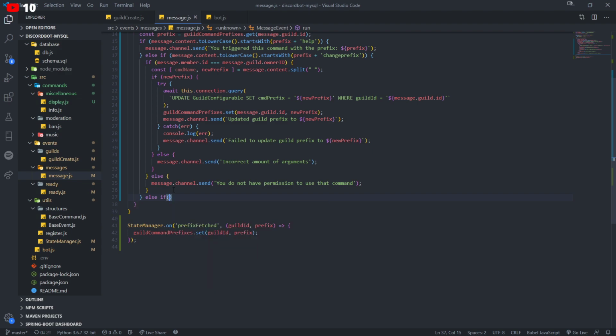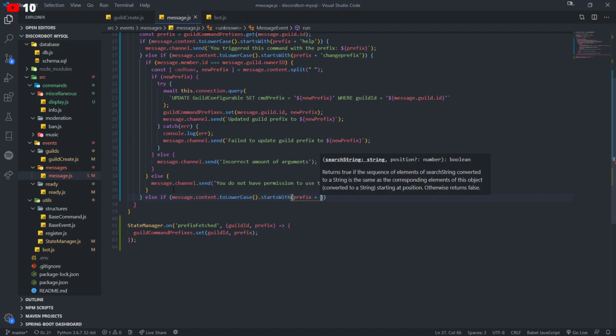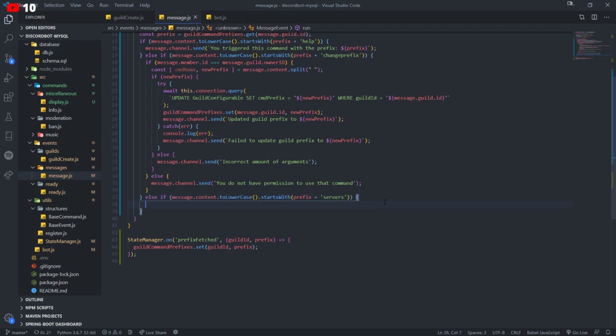So we're not using a command handler now, we're just using an else if. So we're going to check to see if the message.content.toLowerCase starts with prefix plus servers. Okay.